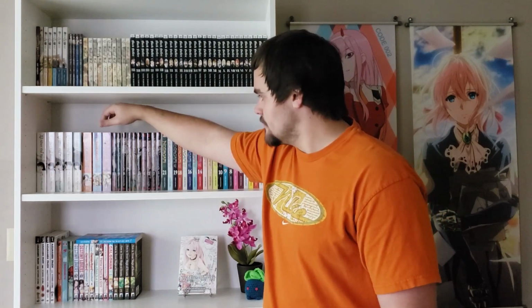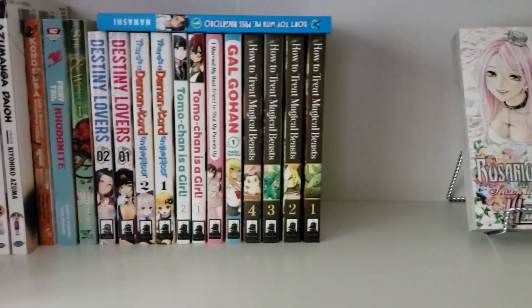Then I have Maid-sama, the omnibuses. I have 1 through 6, but they're omnibus volumes, so there's only 3 books. Then I have After the Rain omnibuses, 1 through 5, so all 10 volumes of After the Rain. And then down here, it's kind of like my random shelf. I have 1 through 4 of How to Train Magical Beasts,